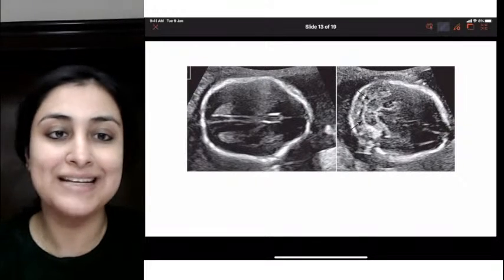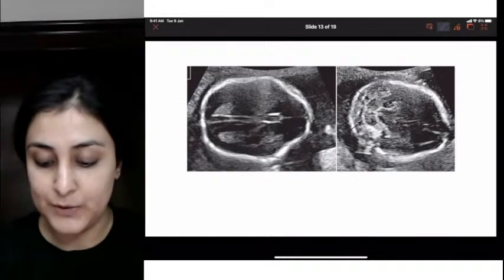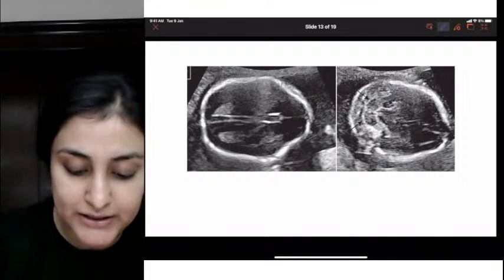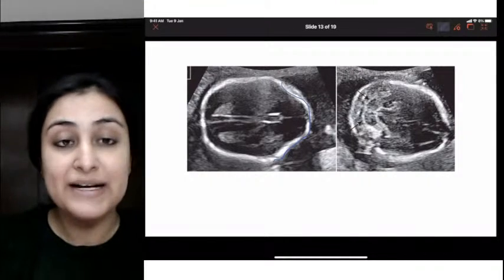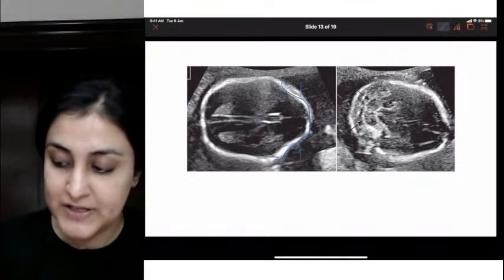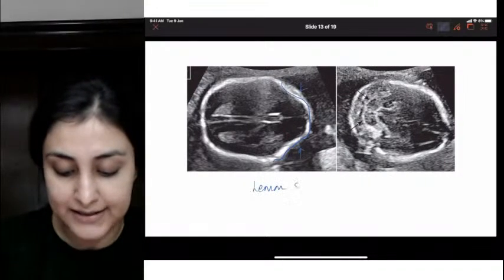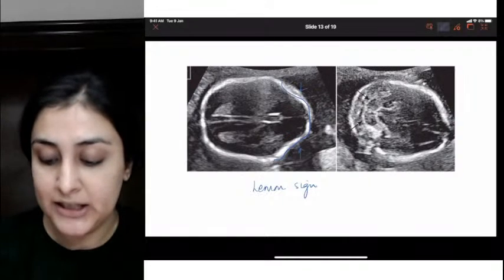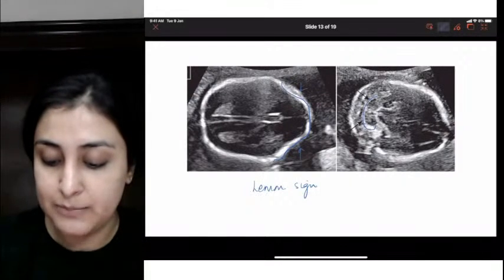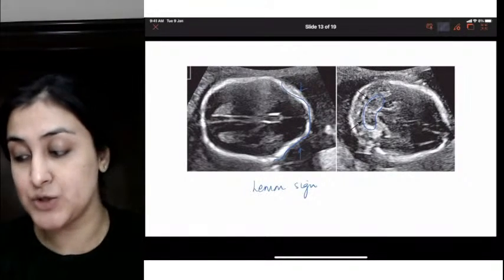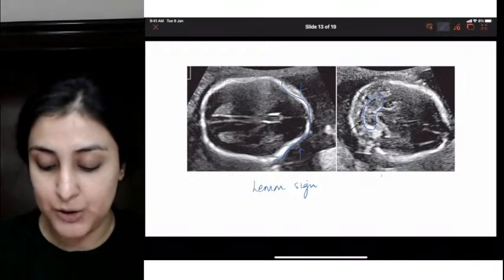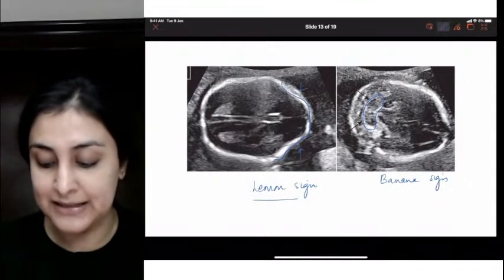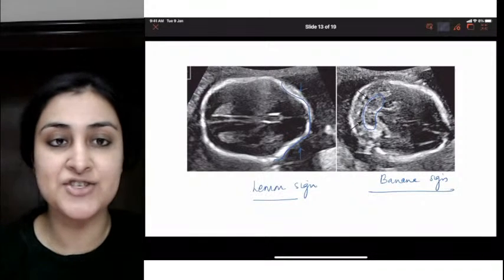All right. Anyway, so this is an antenatal ultrasound of the brain that we are seeing. And what is this? What are the two signs that we are seeing? So here we have bifrontal depression that we are seeing. This happens to be lemon sign, right? So this is the lemon sign. The skull looks like a lemon. Okay. On the other hand, when I show you the cerebellum of this patient, it will be pointed. They won't ask you to identify. The cerebellum looks like a banana. So this becomes a banana sign. So lemon banana sign, antenatal ultrasound, what does it suggest?